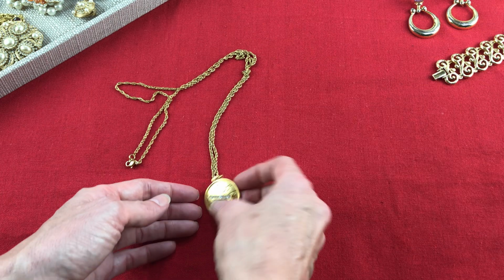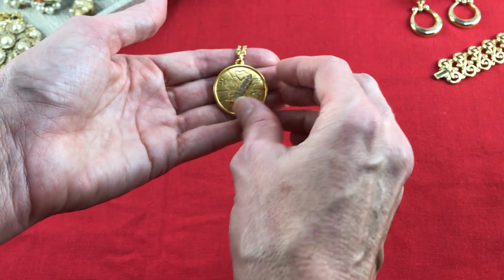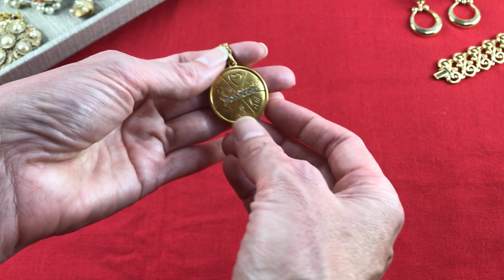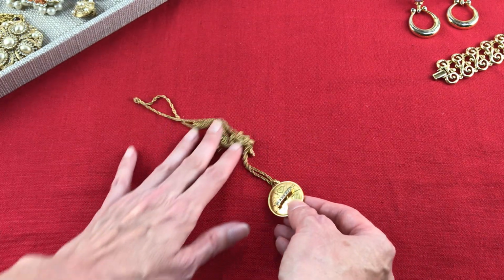This necklace, which I really love, it's very fun. You can spin this. What is that? I don't know if that's a wedding ring. I keep getting the wedding ring. Okay. But really cute. So it's marked Arlene Dahl, and she was a well-known actress in her day, kind of